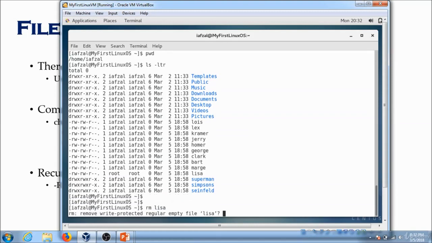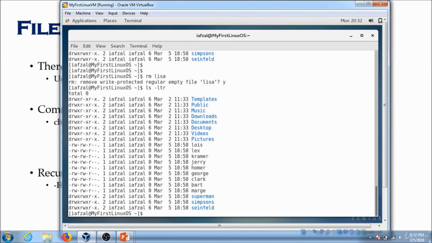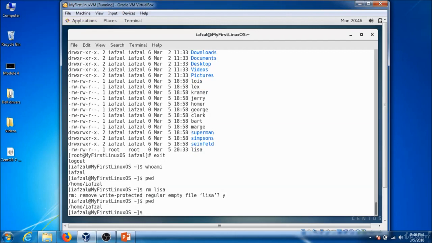It will tell you remove write protected regular empty file. If you say yes and do ls -ltr, there you go, it is gone. The reason it is gone now is because when you go one step back from your home directory, your home right now is /home/yourself, and when you go one step back,